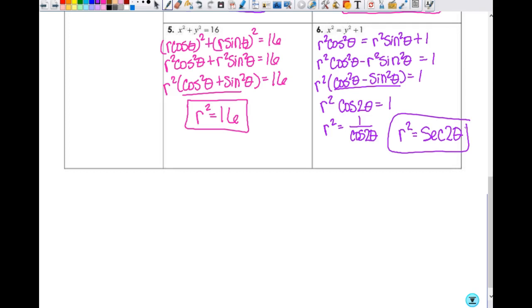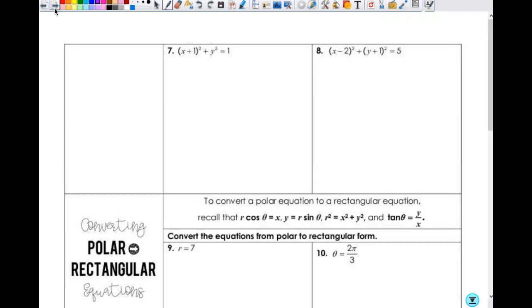Everybody good so far? Flip it over. Let's look at number 7. All right. So eventually, this thing is going to have to actually get squared. You could do it now. You could do it after you substitute. I suggest you do it now, because now you're using x's and y's, you're not using trig stuff, it just